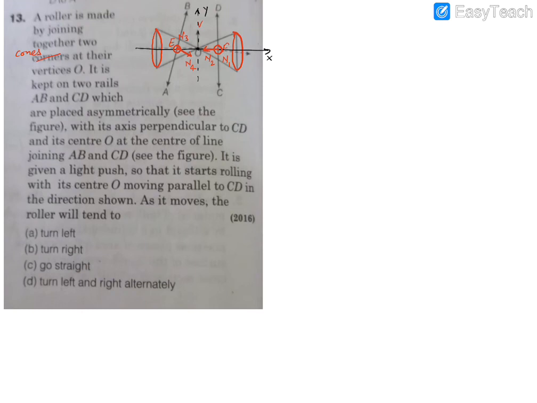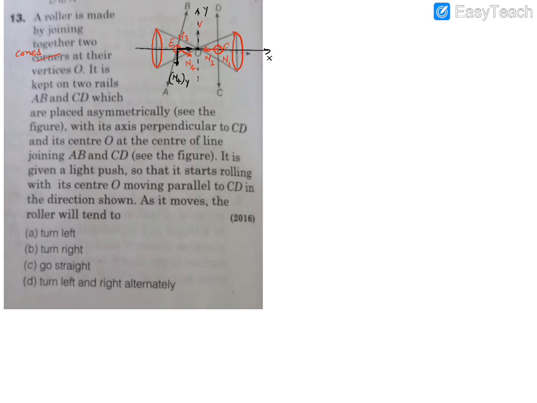That means this normal reaction is not in the ZX plane, whereas the first normal reaction was in the ZX plane. You can imagine that. Now, what's the difference? This N4 component is not along the x-axis, so it can be divided into two components. One is in the direction of x, another is in the direction of negative y. Now this component, that means N4 in the y direction, is a very special normal reaction that is going to decide the future of turning.